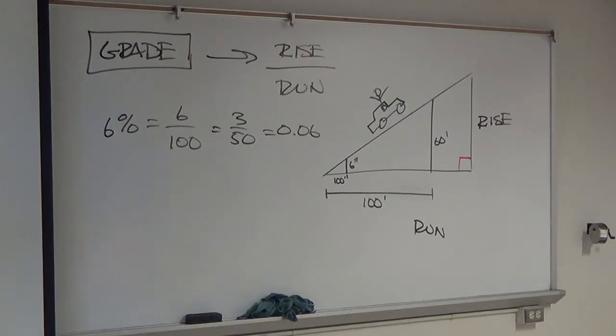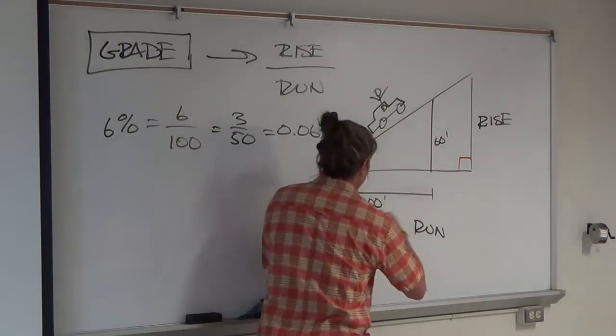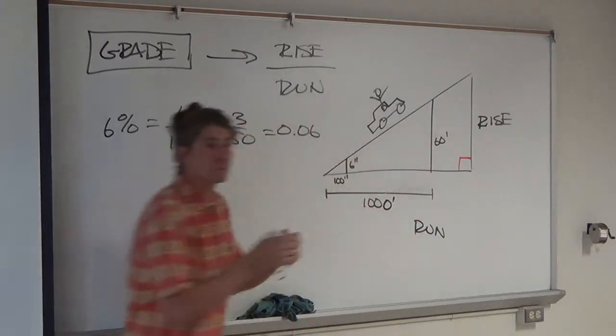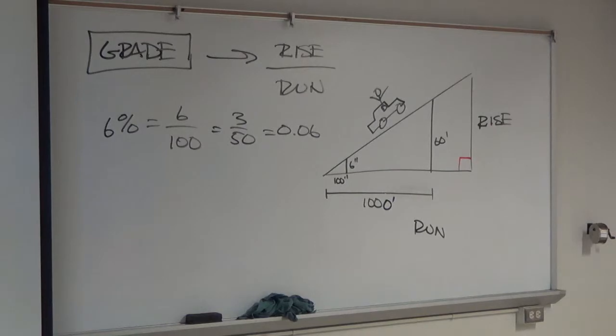Do you remember why you had to be consistent with both? Like why you can't mix and match kilometers and miles? Kelly, go ahead. A 6% grade, at 60 feet, wouldn't that be 1,000 feet of run? Thank you. Or change that to 6. Either way. Thank you, brother, for catching the math mistake. Much appreciated. Why is it important, though, to keep the units consistent? Go ahead, Brittany. Remember that argument? You have to make sure the units can be gotten rid of. So whatever unit you have in the top, you have to dump that in the bottom.